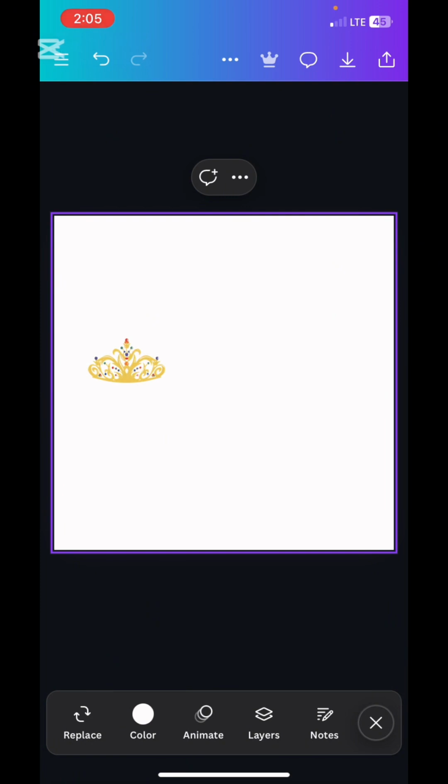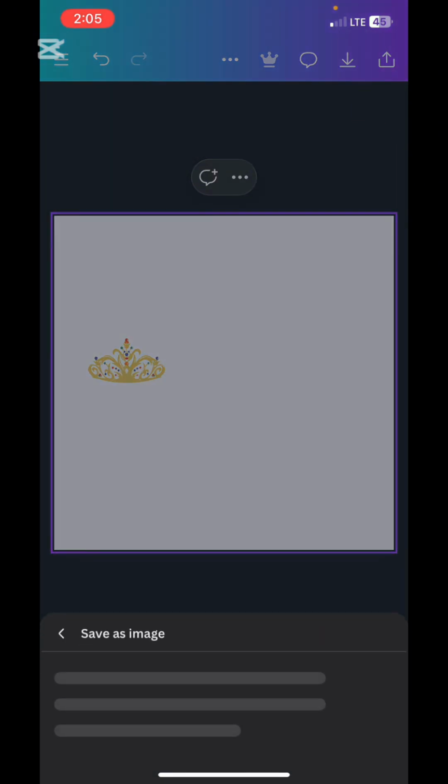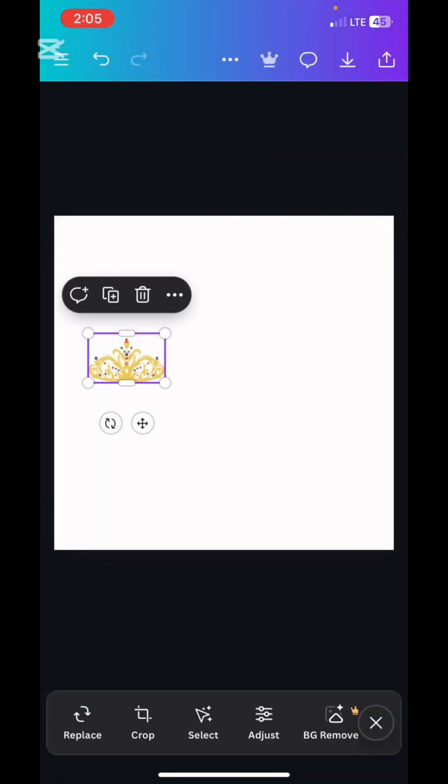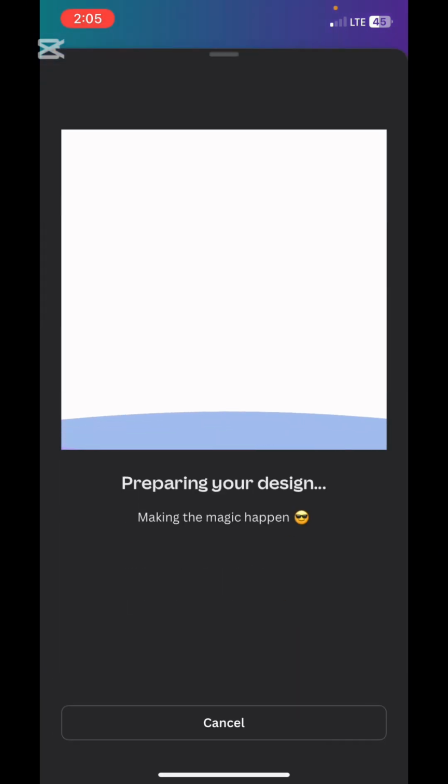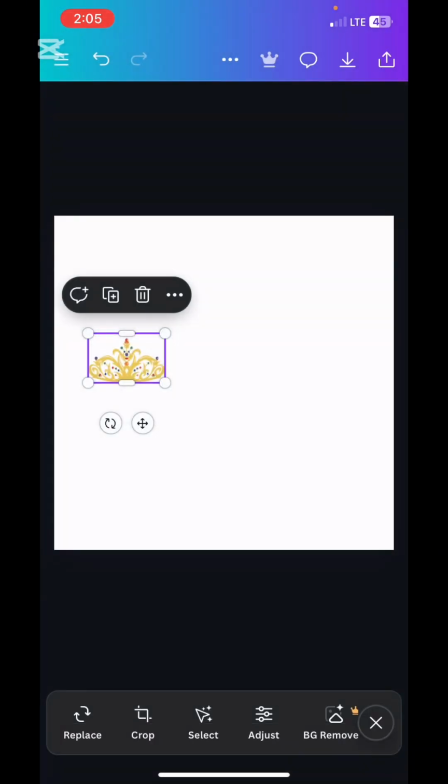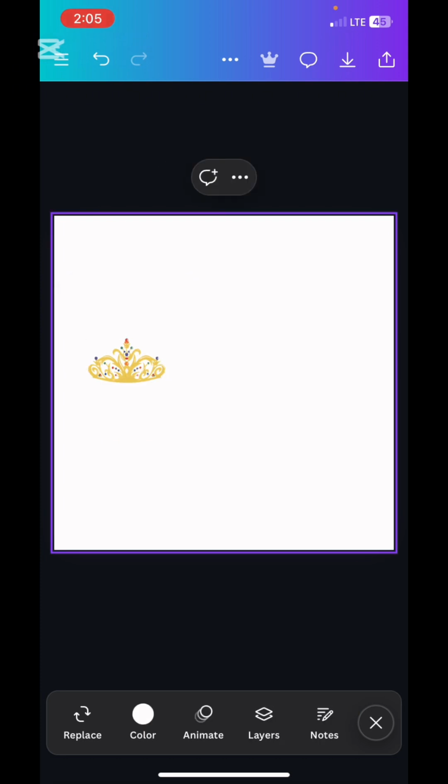Then the next icon, this arrow facing downwards, it's for saving. In case you want to save any of this design or image, just click on it. But currently, let's see. Yeah, so this is it, just the image. If you want to save just the image to your gallery or file, your phone file or desktop file, this is where you save it. This one is only going to save the image, excluding the artboard that is carrying the image, so that one won't save. But if you want to save everything all together, all your designs,